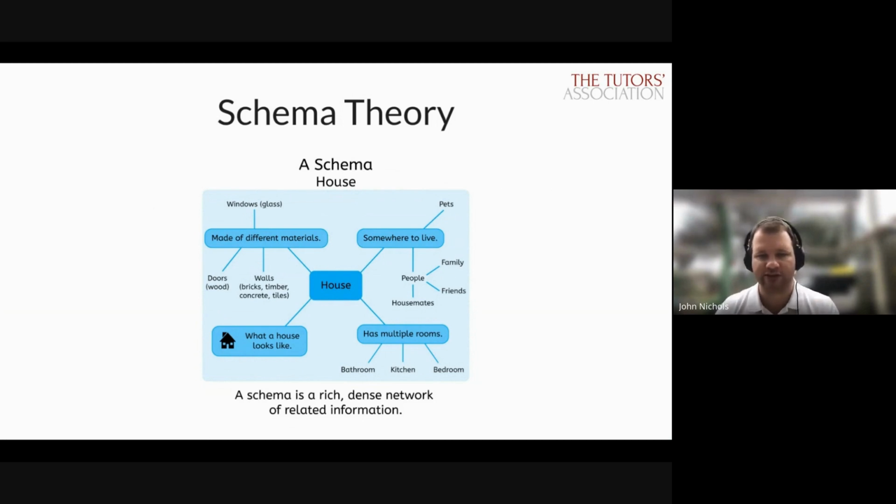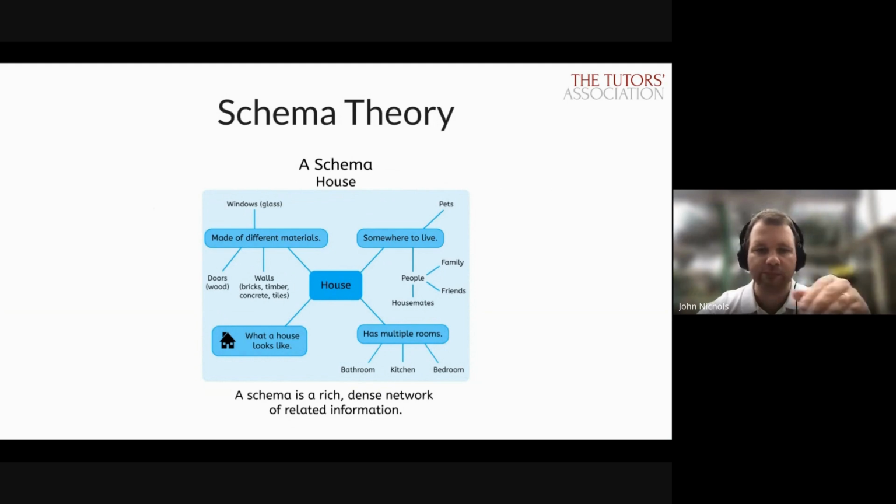A house is a concept, a place where you live, and it has certain features that you would expect to find of a house. Now, your schema of a house may be different to anybody else's based on your experience. Someone who's grown up in a foreign country where all houses are made of wood will naturally presume that a feature of a house is that it's made of wood. Whereas people living in the United Kingdom probably would think that typically houses are made of bricks, because that's the sorts of houses they've probably seen most of the time.